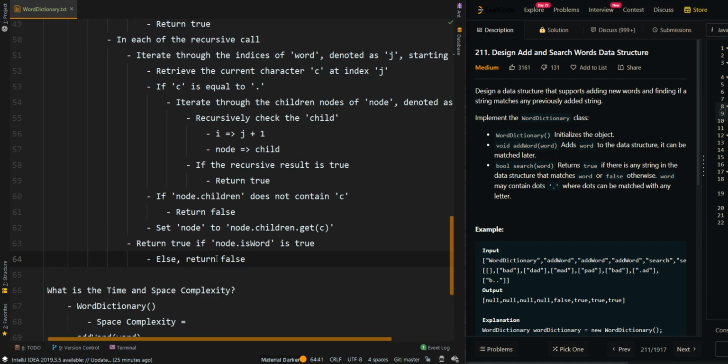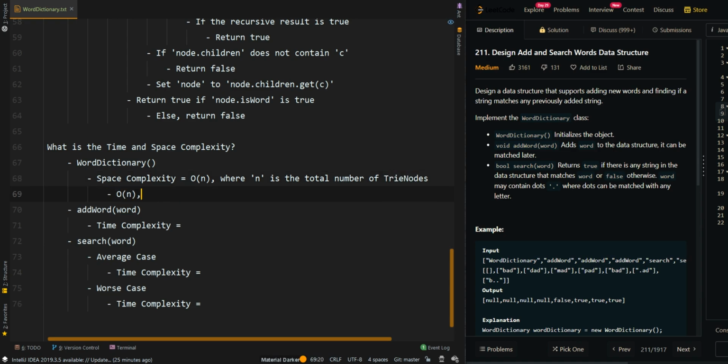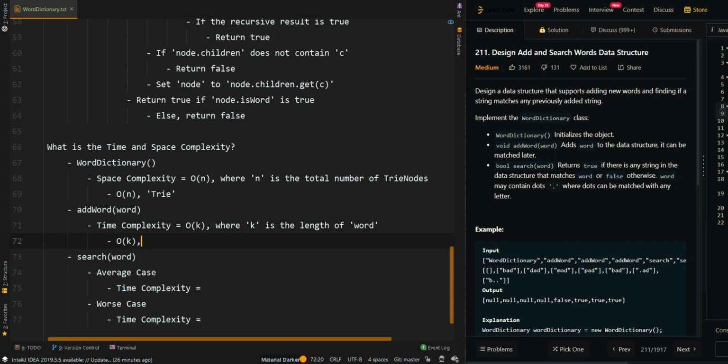Now let's go over the time and space complexity. For the space complexity of WordDictionary, we get O of n, where n is the total number of trie nodes. This is the trie that we're creating. And then when we add a word, the time complexity will be O of k, where k is the length of the word. We visit each index once